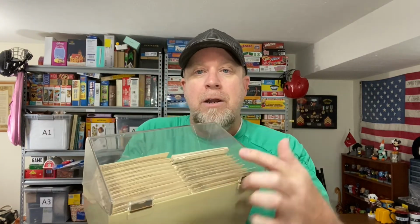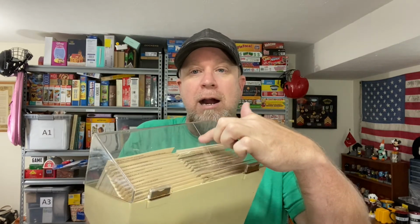You may not be able to see this, but on the top here is a little bit of a crack. So I was a little in doubt on whether or not to purchase it, but with the condition it was in, all the cards still there, I went ahead and took a chance. I do believe we paid $4.99 for this, and we sold it for $21.99. This is going out to Marty. Marty, thank you so much for your support, and we hope you really get a lot of good cooking recipes